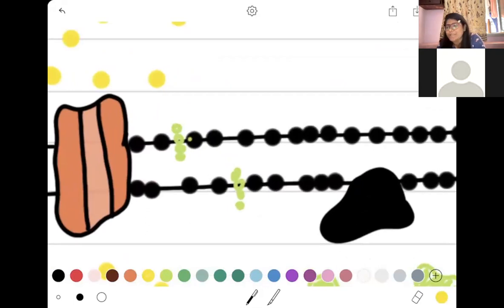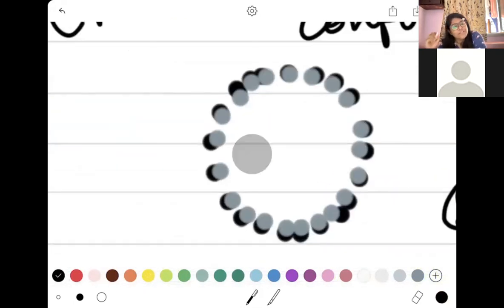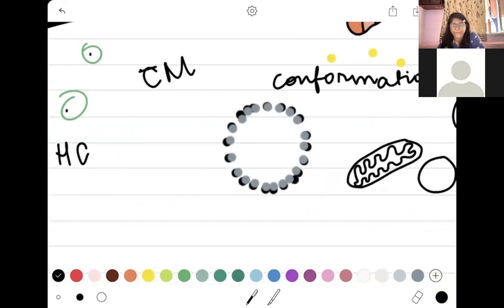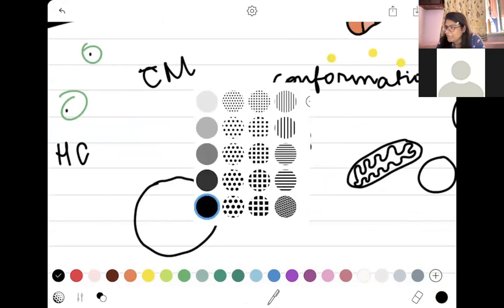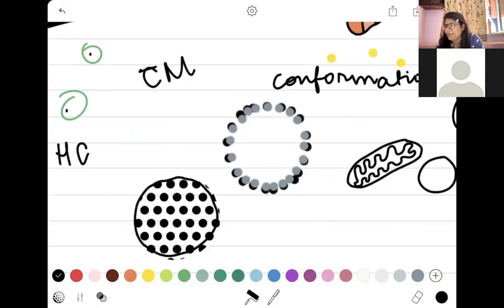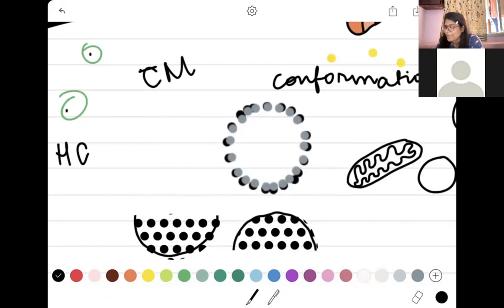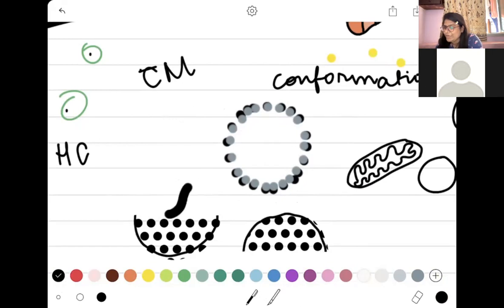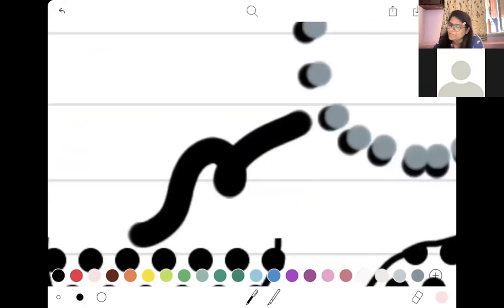Okay, so this would be the cross section. Let's say what we saw over here right now is the cross section of a particular membrane that could be involved in making a sphere. Okay, so you could have a sphere like this. It is completely full. Okay, so there are all these membrane molecules. There are all these lipid molecules here, and what you have done is you have just gone and cut the membrane this way. And now what you're looking at is the cross section, right? So I'm just gonna mention over here, this is the